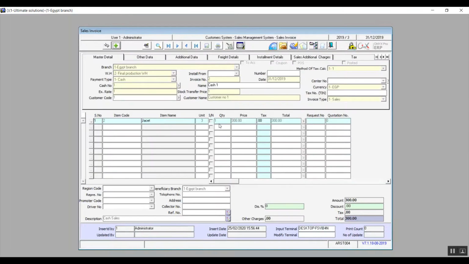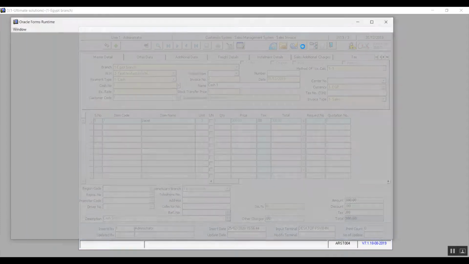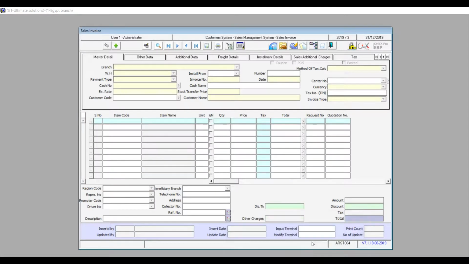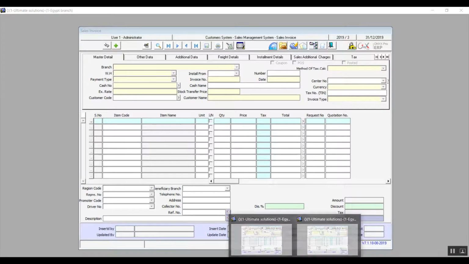Alright, and in case you're creating a sales invoice and you stopped midway because of whatever reason and you need to open a new invoice, you can leave this one open with all of the details that you've entered and open a new one by clicking on open new screen. Right, we'll just give it a second. I'm sure it will respond. There we go. Okay, so